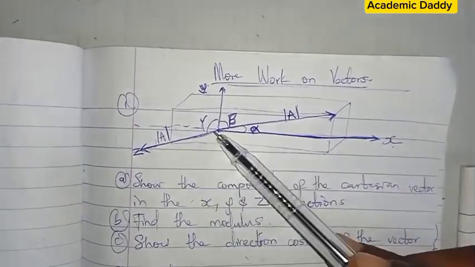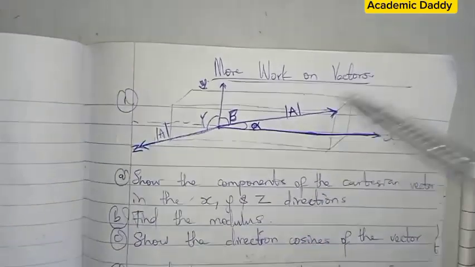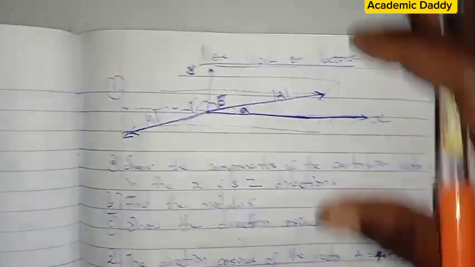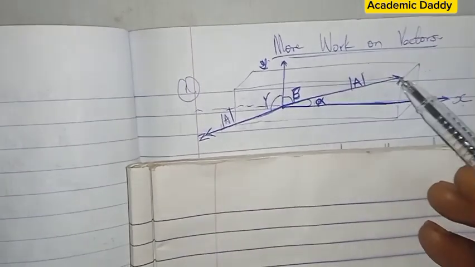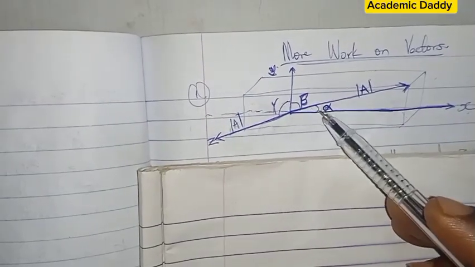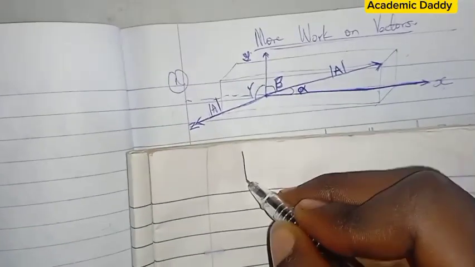The lines I'm seeing here is the magnitude of A. So what it means is that if I'm resolving, for example, on the x-axis, taking this now to x-axis, notice that this is alpha, and let's say this alpha belongs to x. For example, if I have, see what I mean, if I have this,